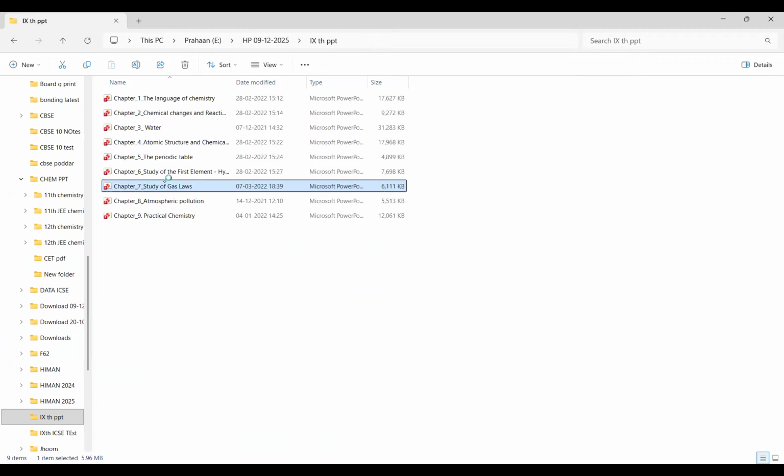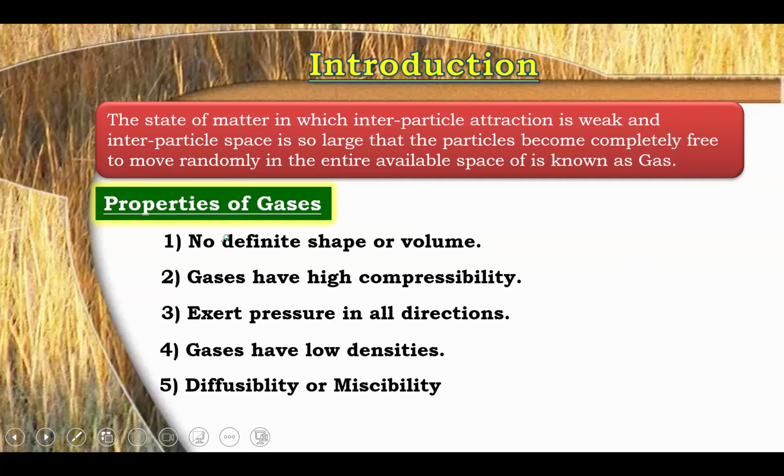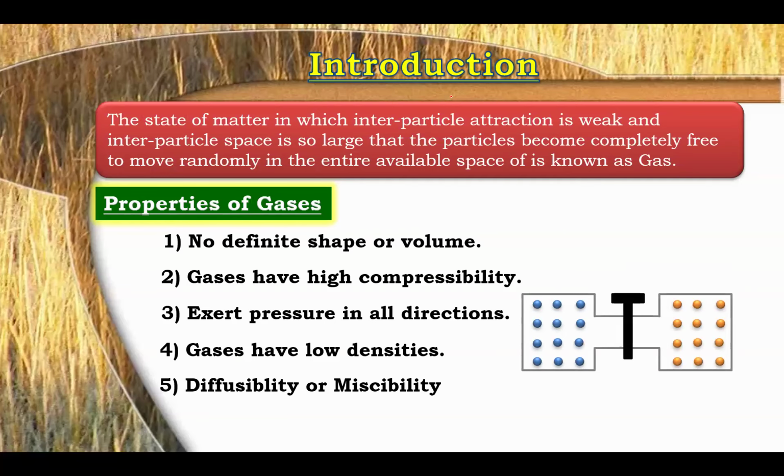Look, I'll show you, beta, how it is. Suppose there is this blue gas and this yellow gas. Can you see there is a large intermolecular space between these two gases? Now if I open this, what will happen? They will mix into each other. This is known as diffusion. Lighter gas will move faster and heavier will move slowly.